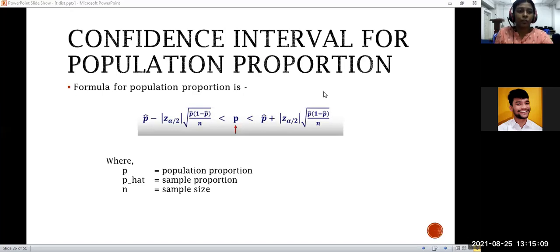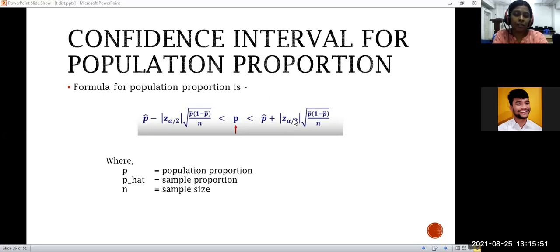So for today, we are going to see what is the formula for calculation of confidence interval for population proportion. Whatever we have seen till now is for calculation of population mean with respect to the Z test when the standard deviation is given to you, and T test when the population standard deviation is not given to you, but sample standard deviation is given to you. So that is what we have seen till now. Everything is related to population mean. Here we are going to calculate it for population proportion.